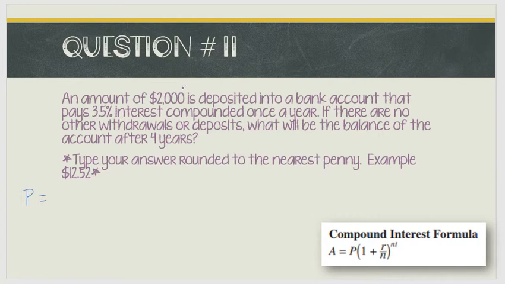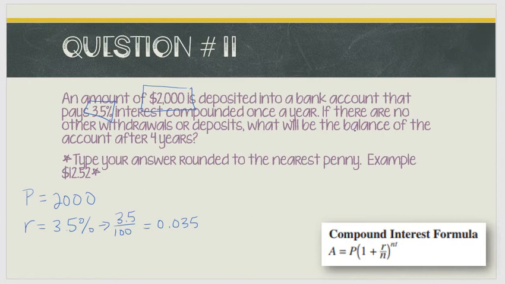So if we look here, we've got this initial amount of $2,000 that's been deposited. So that P value is going to be 2,000. I also have my R, or my interest rate, and it tells me that it's 3.5%. And remember, we need to convert that percentage into a decimal, and we do that by dividing by 100 because our percentage is out of 100. So that's going to be